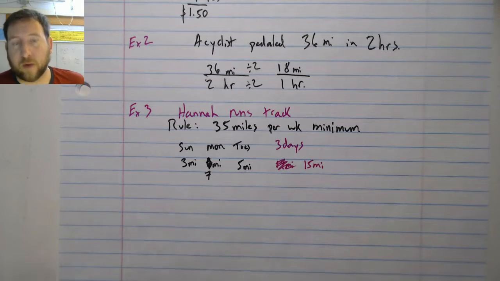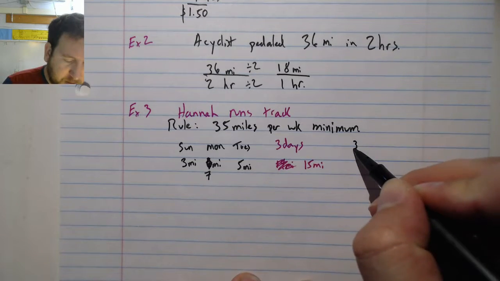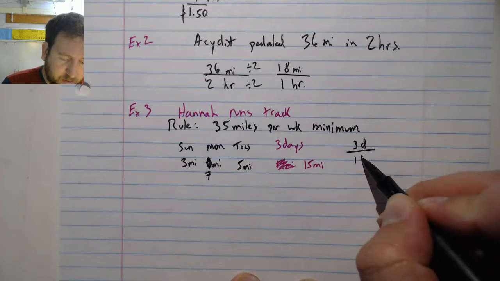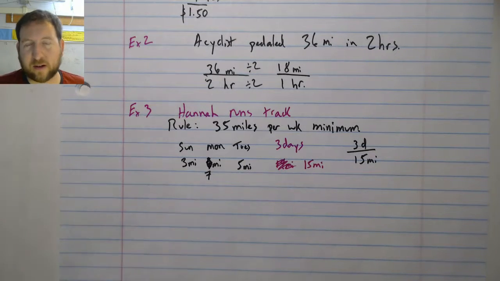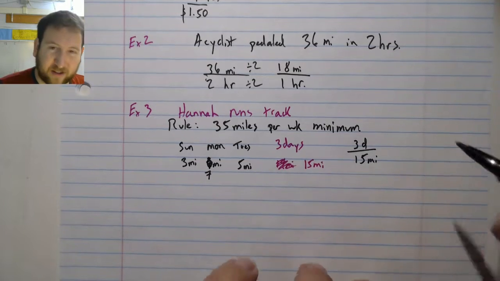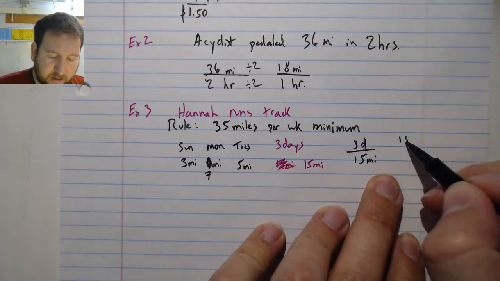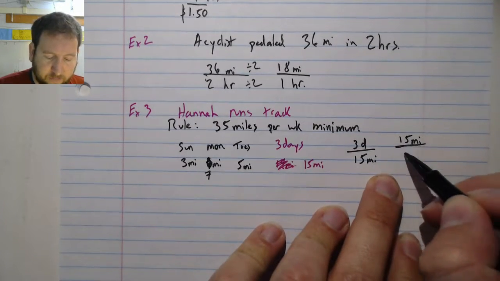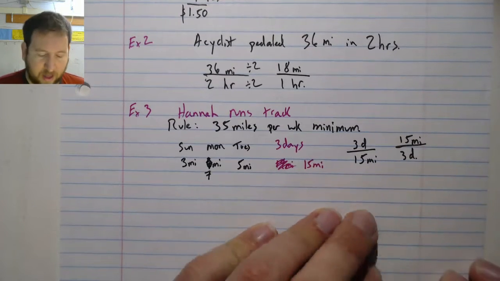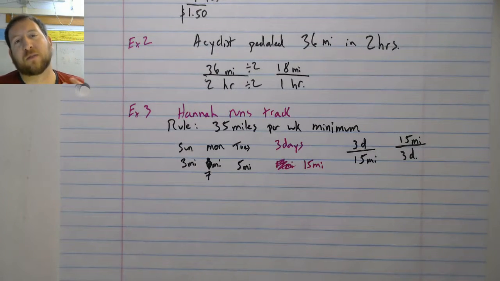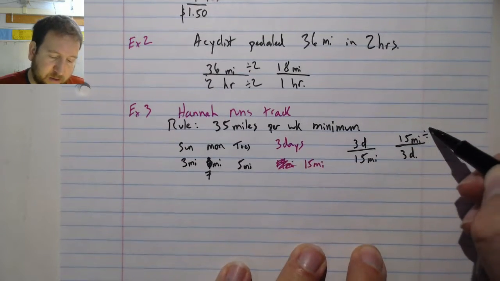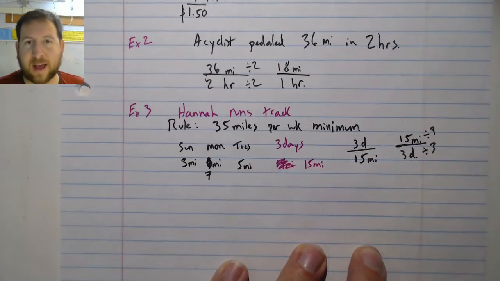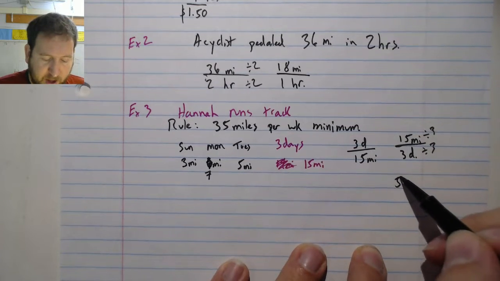Now I can turn this into a rate pretty easily, and I can see that it would be 3 days. She runs 15 miles. And if I want to, I can flip it over. It doesn't really matter because the rate would stay the same. It's just how they relate to each other. I can say that she ran 15 miles in 3 days. And I really want to see this in terms of 1 day to turn it into a unit rate. So that's pretty easy because I can just divide by 3 to get a unit rate, which gives me 5